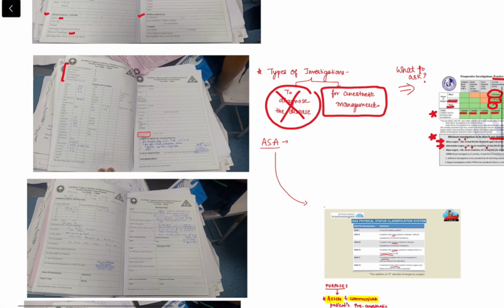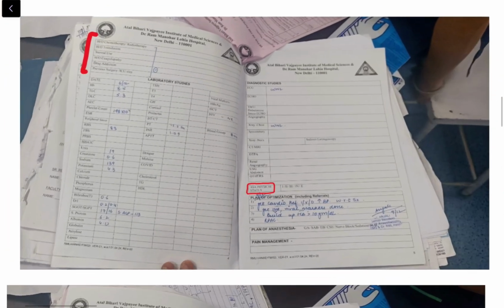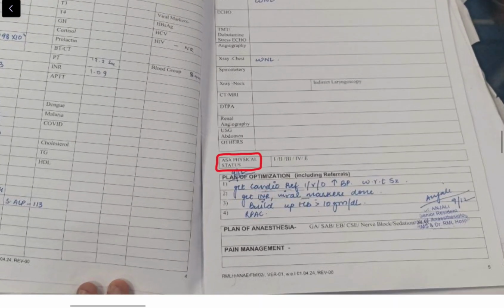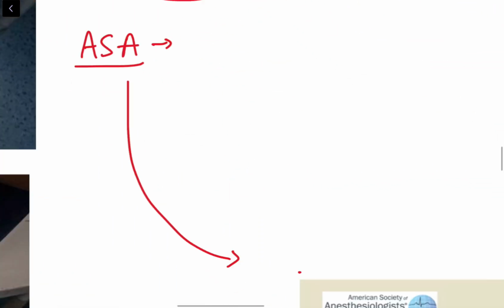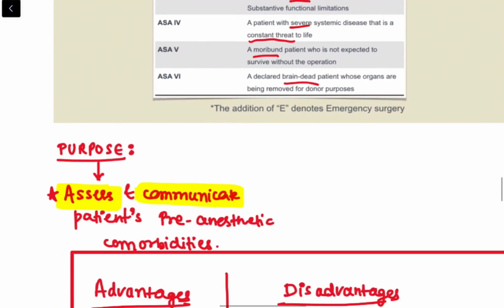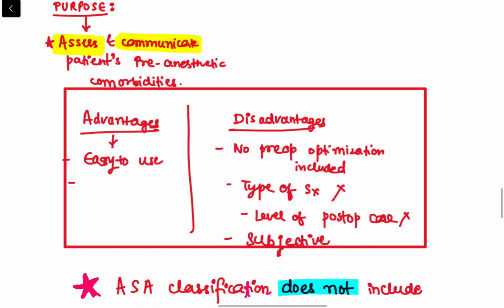Once we are done with the investigations part, you have done the history and examination, and you have asked for the investigations, then you have to assess, based on all this, what type of patient we are dealing with. That means what ASA status we are dealing with. What do you mean by ASA status is that